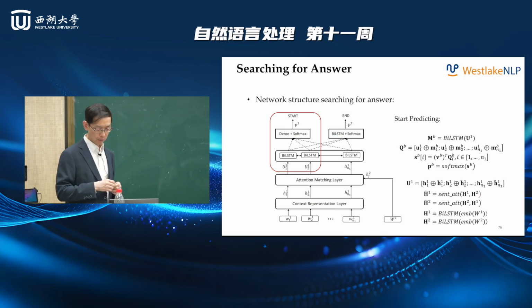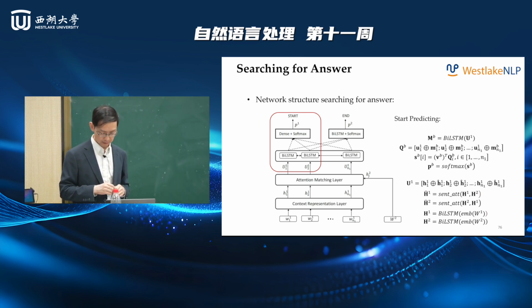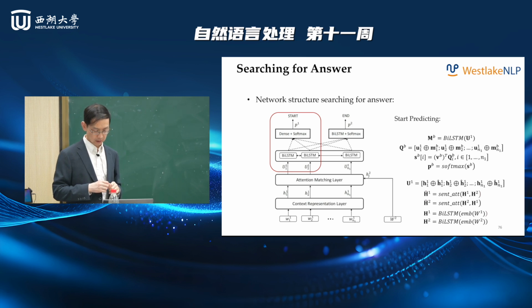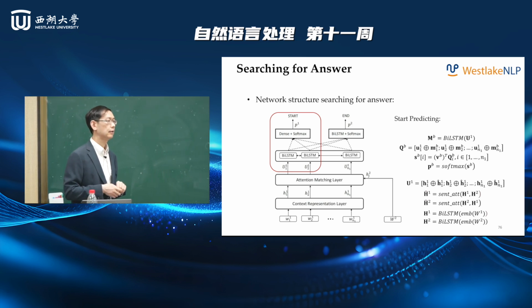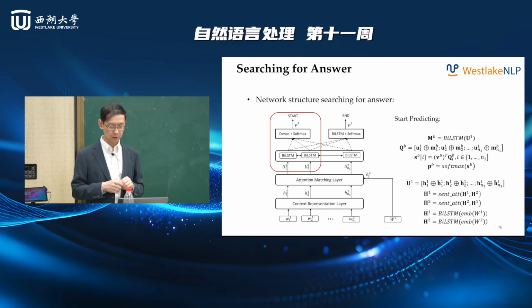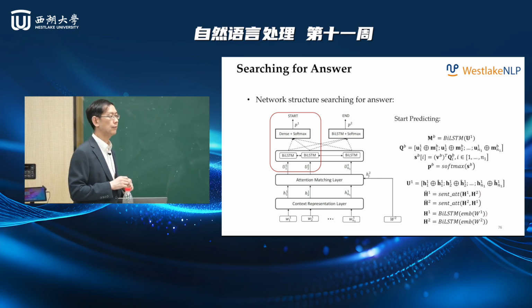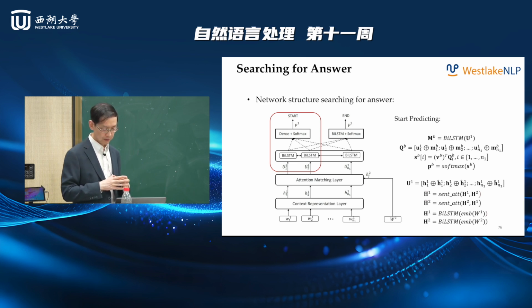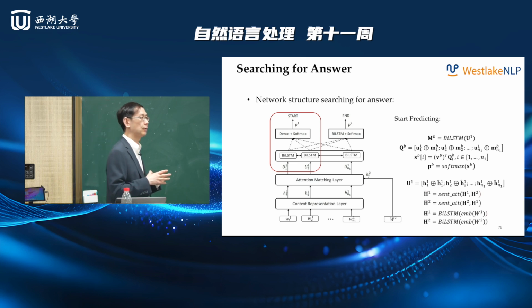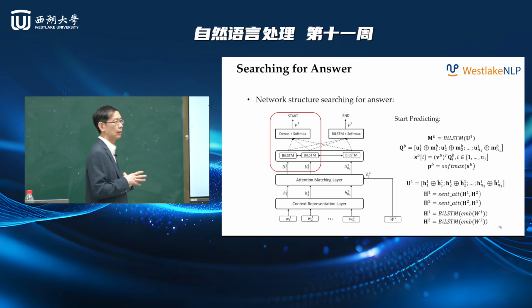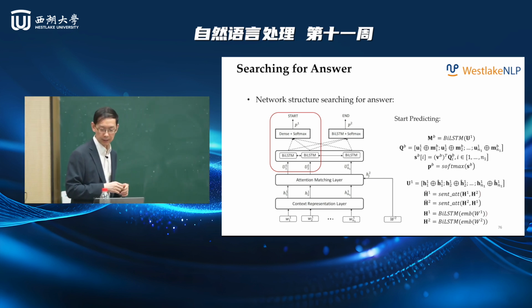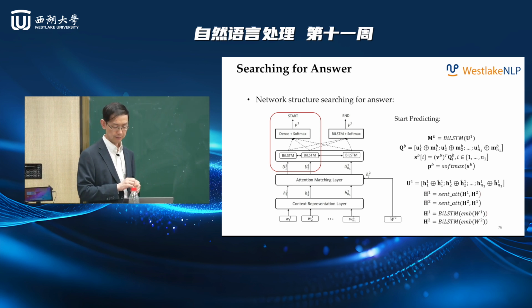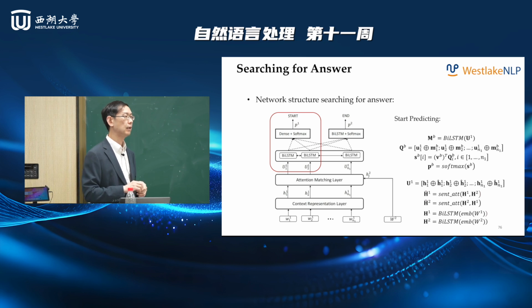And on top of every word in MB, I just use a standard softmax output. Oh, no, sorry. The softmax is not a two-way prediction. It's over every word, it's over the sequence. So who is the beginning of the answer